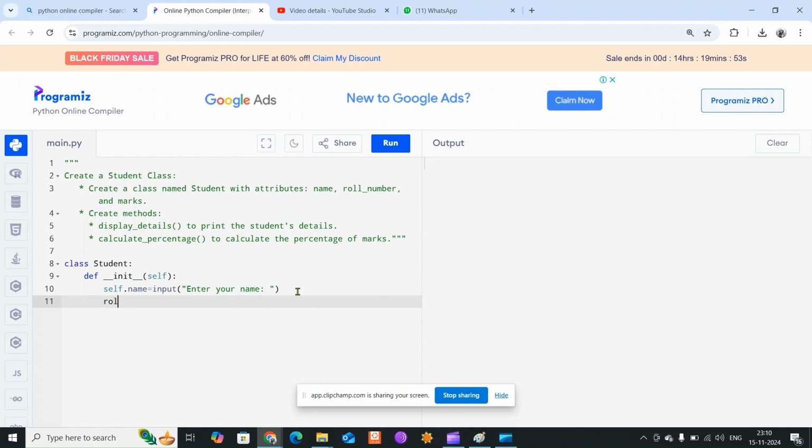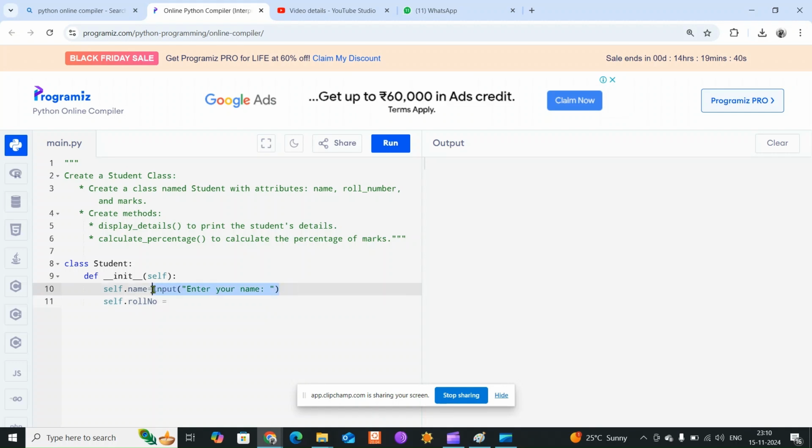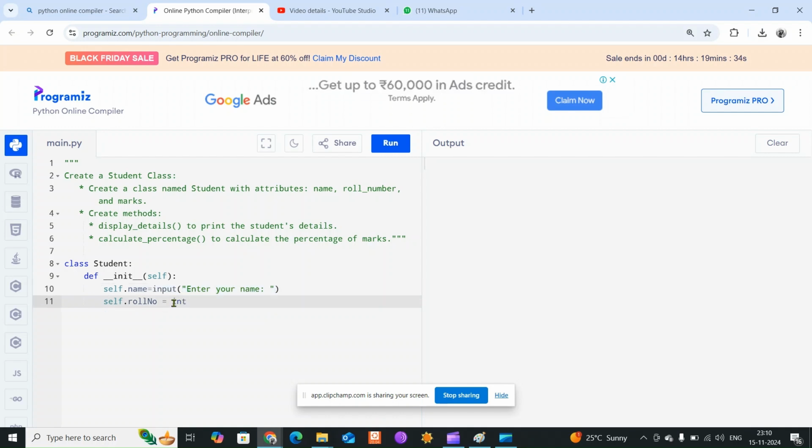I will say self dot roll number equal to, and here I will use control C, and here I will say int, and here I will say enter your roll number. Okay,